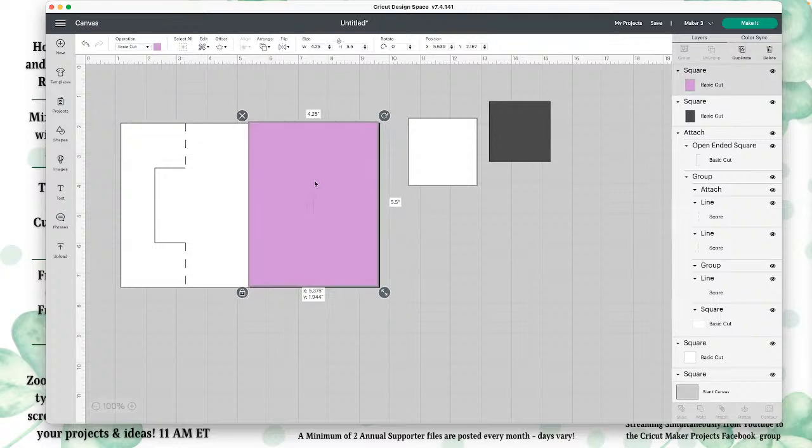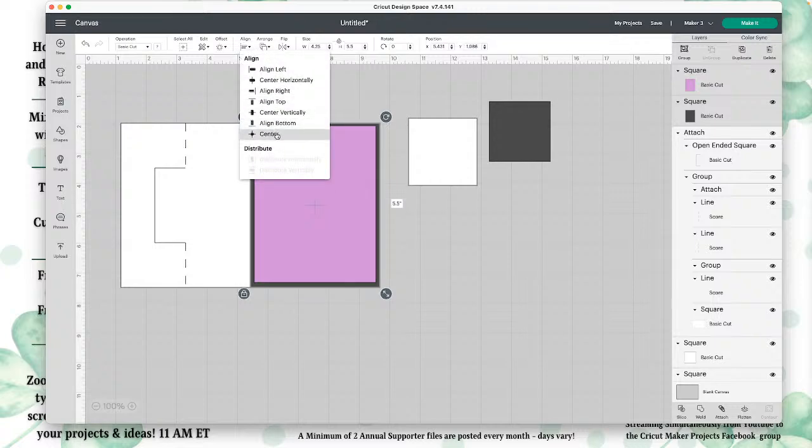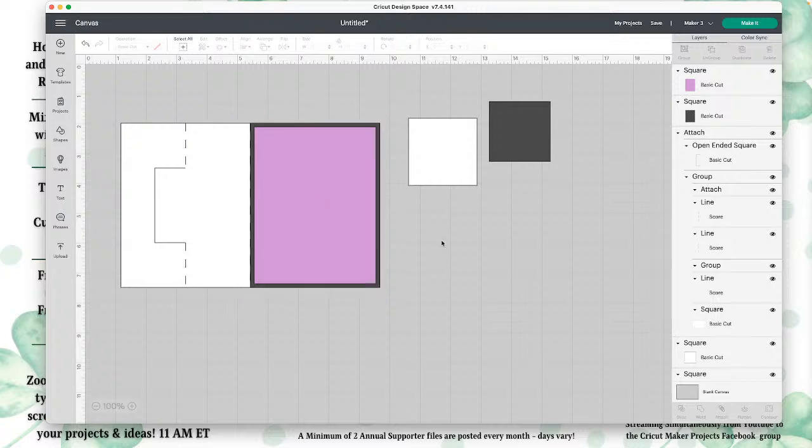So you can make, this is the one with my polka dots. I'm going to make it a 4 by 5 1/4 by unlocking it. And then I'm going to select the purple one and my dark gray. I'm just selecting it over here in the layers panel. I'm holding my shift key down and selecting those two pieces. And I'm going to align center, because I don't want that gray piece to move, but I do want that purple piece positioned in the center, because it's very important for lining up, and I'll show you that in the overhead in just a moment. It's very important to line that piece up, okay, on there